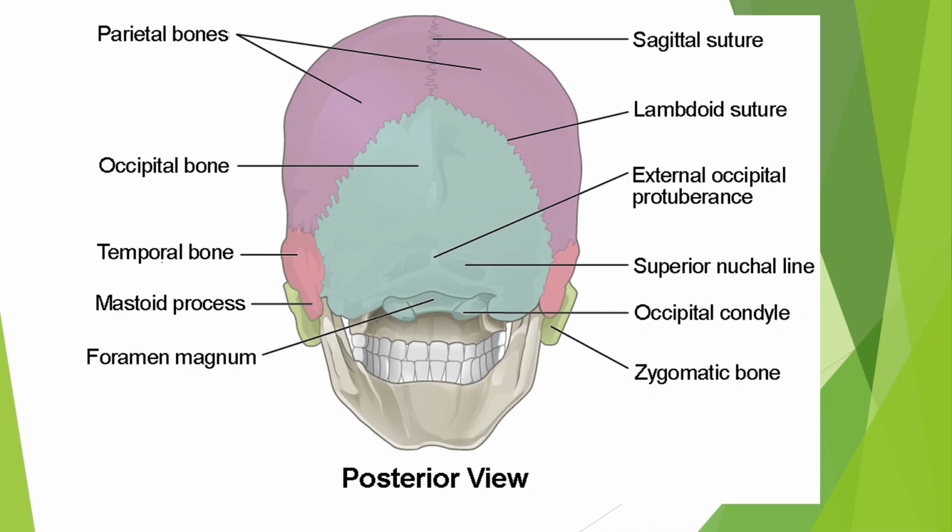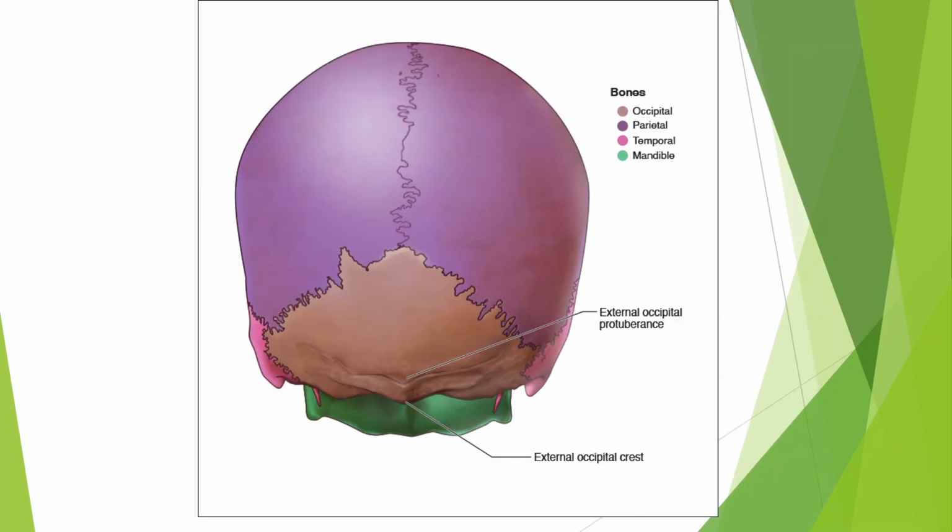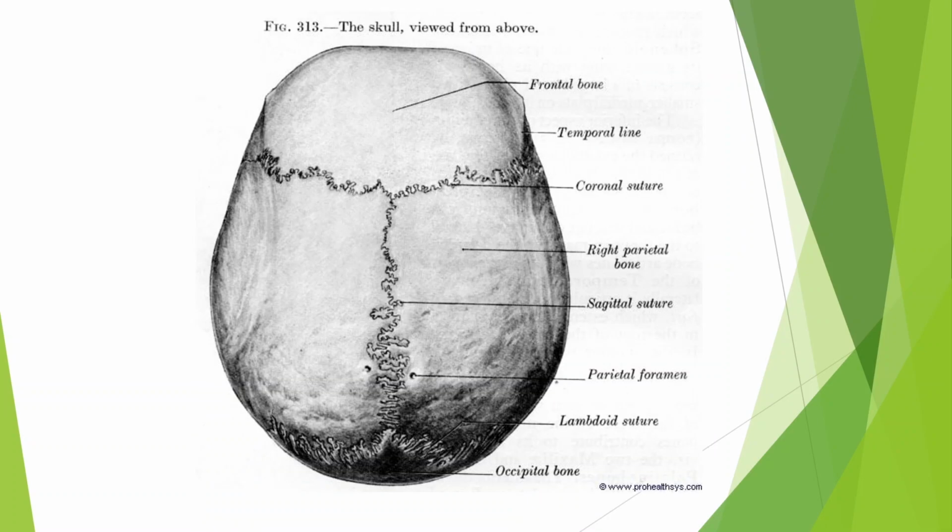And last but not least, we have the superior nuchal line. Again, just another image showing the external occipital protuberance and the superior nuchal lines, just for those who want to see. Now, the final aspect is the